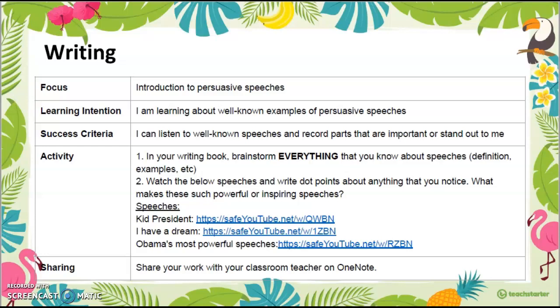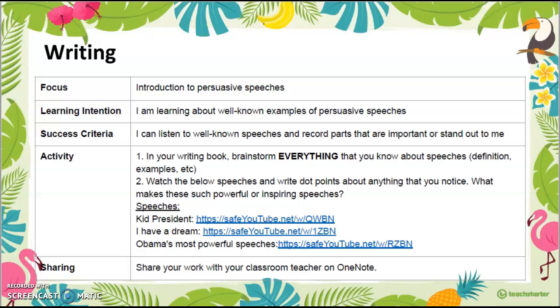What is a speech? What does a speech mean to you? And then maybe try and think of some different examples of speeches that you have seen or heard. Something you could note down is speeches at assembly. We have speeches for our student council. We have speeches for leadership in grade 6. So get thinking. Write down everything that you can about speeches. You can give some examples. Go for it, okay? So that's part 1.